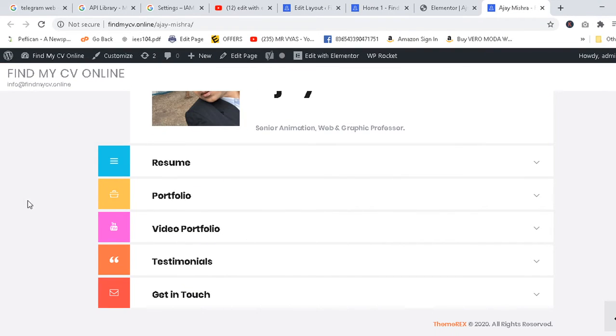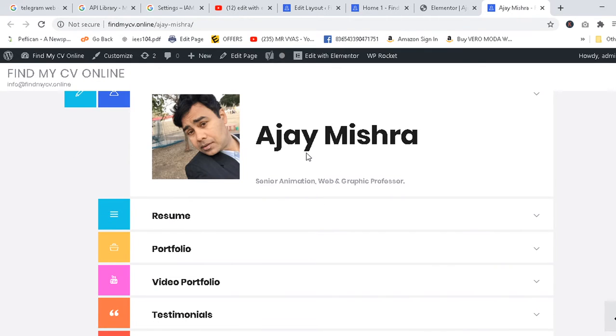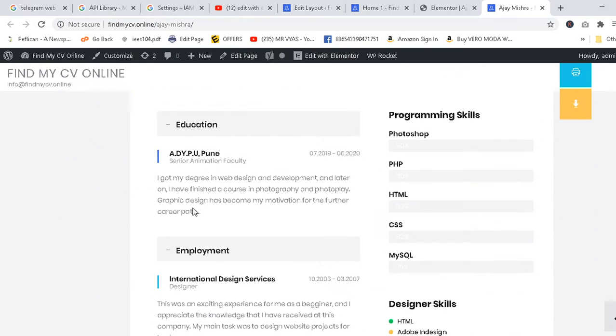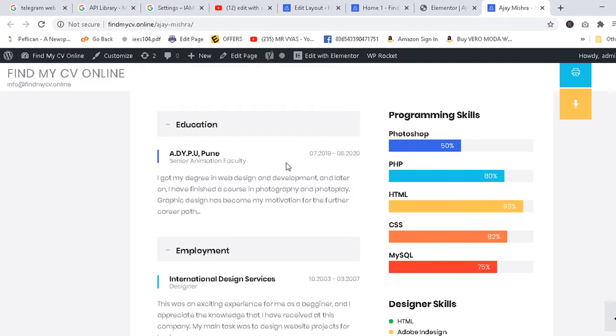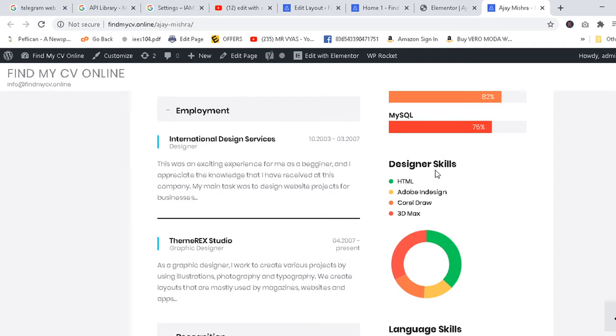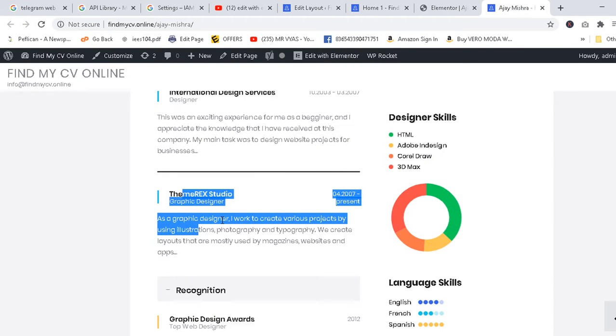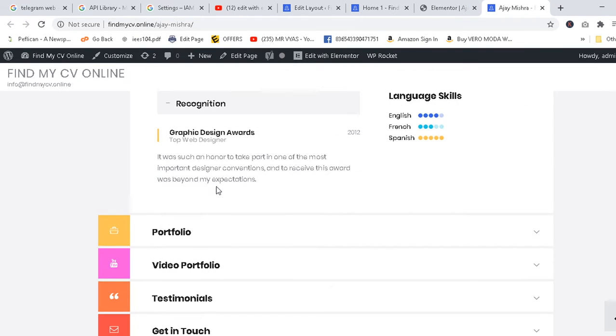As you know, we are learning here how to design a CV in WordPress. So here is a demo of that CV. Simple, very much. Here is a resume, the details of your education, your programming or animation or graphics. Detail how much knowledge you have on that. The graph comes over here, and then some of your information, or if you have any internship or experience, you can mention here.